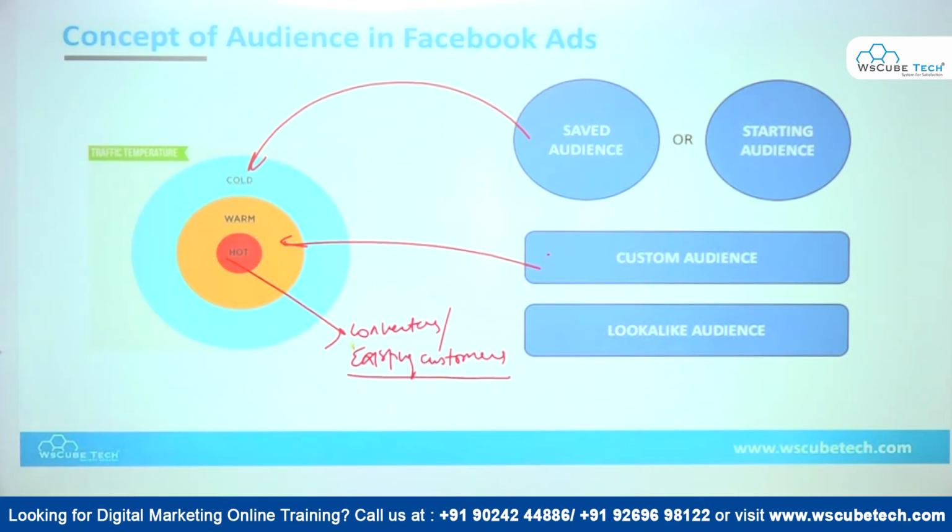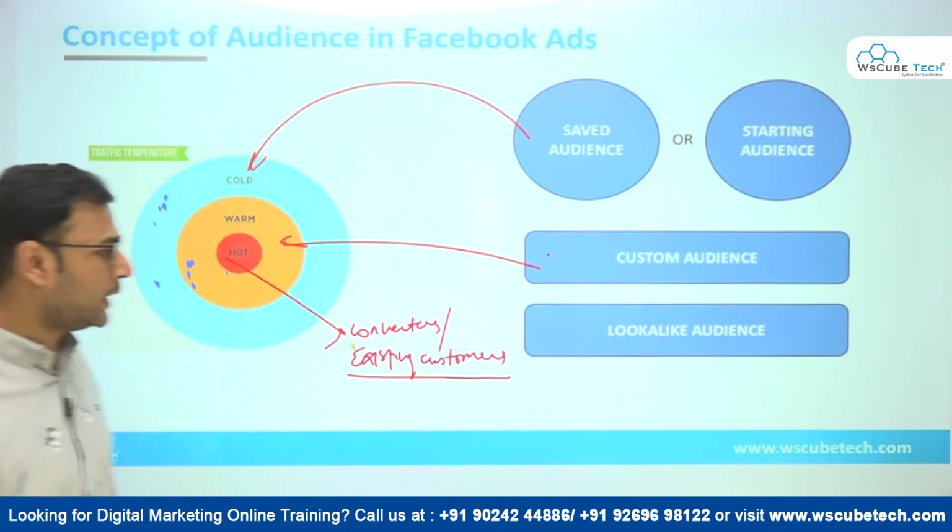So if we have a list of existing customers, we can call them hot audiences. If we are bringing any new product or new service, or we want to give them some offer, we can definitely give them an offer. Now we know that they are more likely to convert again, because they converted before, they know about us, and if they are satisfied, they are more likely to convert again, right? Chances of conversion of warm audience is higher than cold audience, and chances of conversion of hot audience are highest when we compare it with these two audience traffic, right?